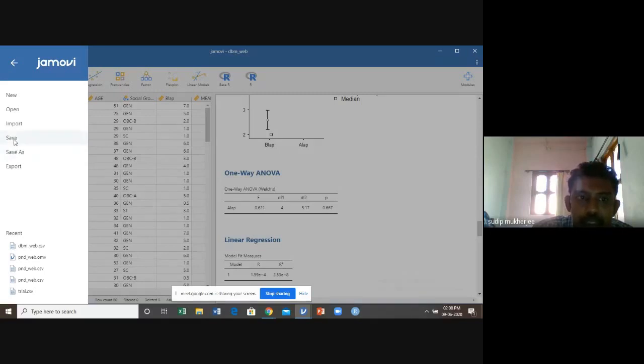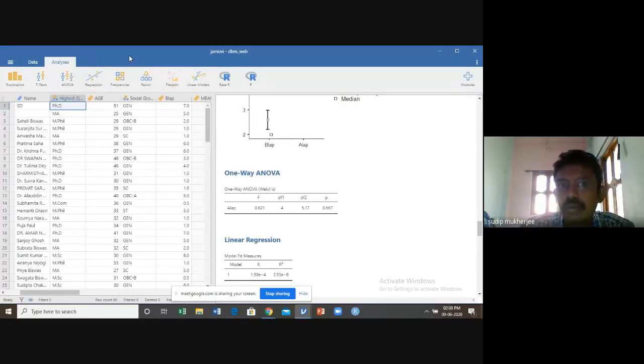You just save this using save as or save. So the entire output with data will be saved. After saving this, if you mail or share it, anyone can see the data as well as the output.